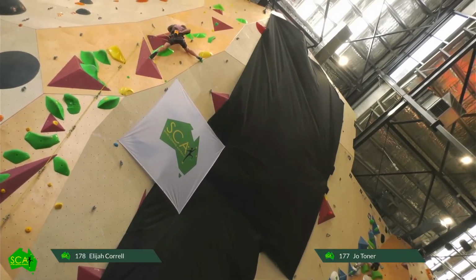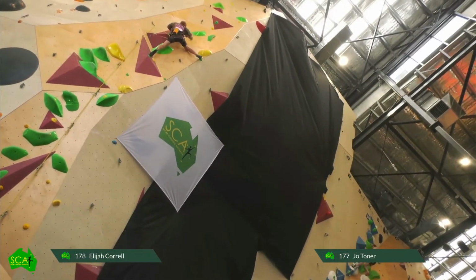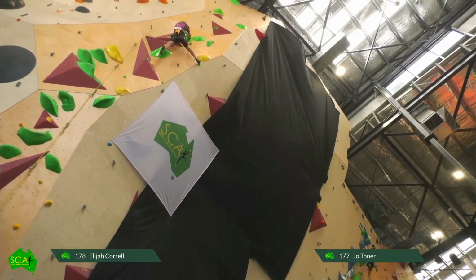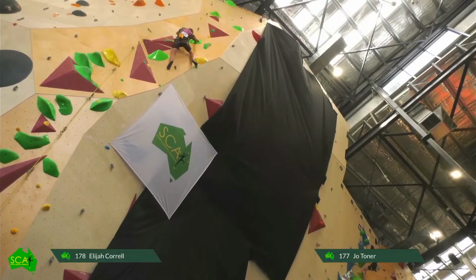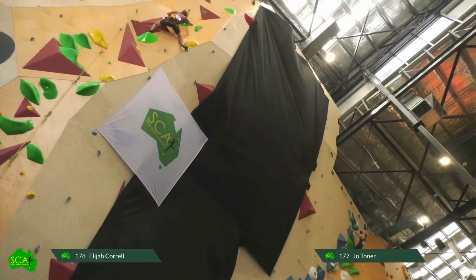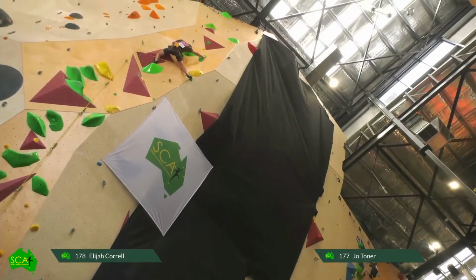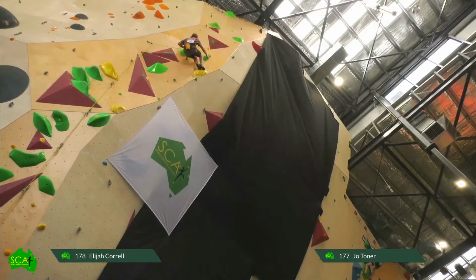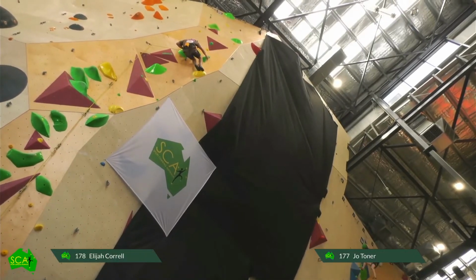Getting quite close to a top for Joe. Elijah moving into this section where he's going to just reach. He's gone for the Gaston, but he's going a different way. Looks like he might have some power to burn. Yeah, he's got it. There you go. Nice. And Elijah's section, yeah, might just move through, and looks like Joe's about to reach the top as well.